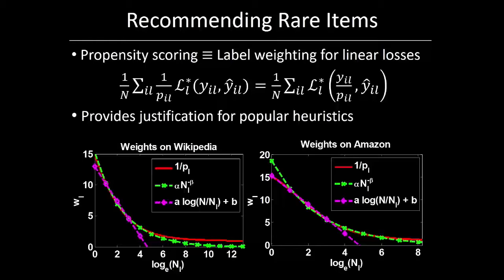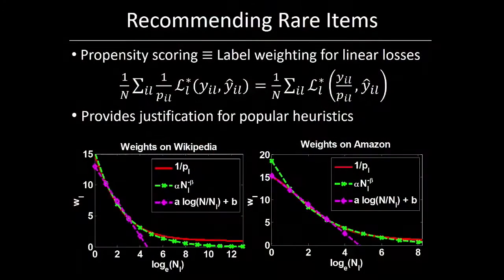If you look at this plot, and you look at the weights, then you can see that the tail labels which are on the left receive far larger weights than the head labels which are on the right. So our model naturally learns to assign higher rewards to tail labels if we predict them accurately, or if we recommend rare items. Now, while I'm not aware of propensity scoring having been used in the recommender systems literature, label weighting has certainly been very popular in the recommender systems community. Various heuristics have been proposed, including weighting the ground truth labels by log N by NL from an information theoretic point of view, or NL to the power minus beta, and so on.